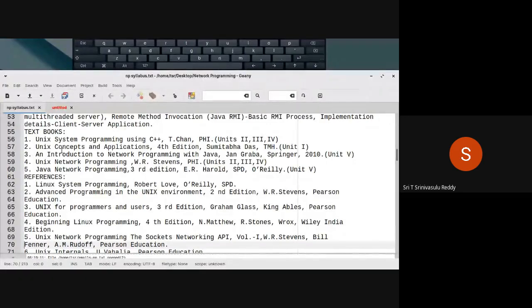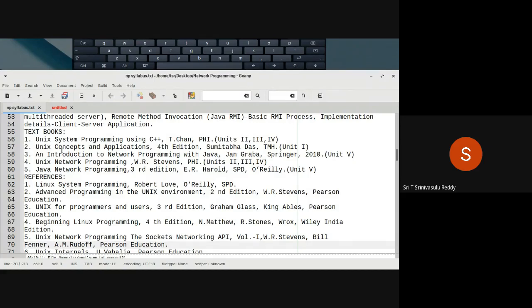I have earmarked unit number 5 and all that. Unix System Programming using C++, Terrence Chan, 3 units. Concepts and Applications, Sumitabha Das, first unit, that means all Linux commands, shell programming, all that.